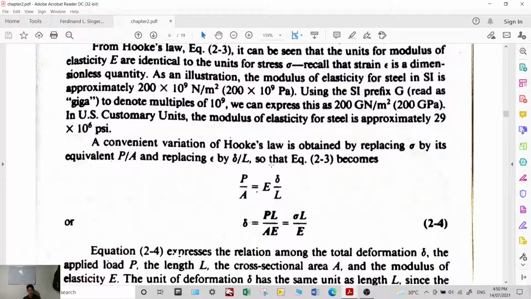Okay, a convenient variation of Hooke's law is obtained by replacing stress by its equivalent value, P over A, and the strain by delta over L. Okay? Therefore, your strain,